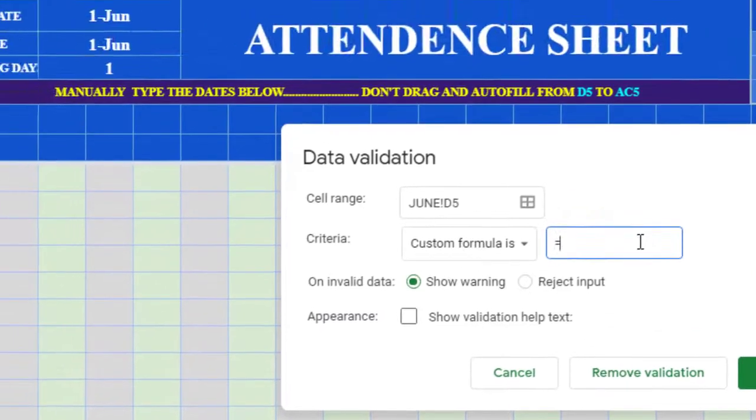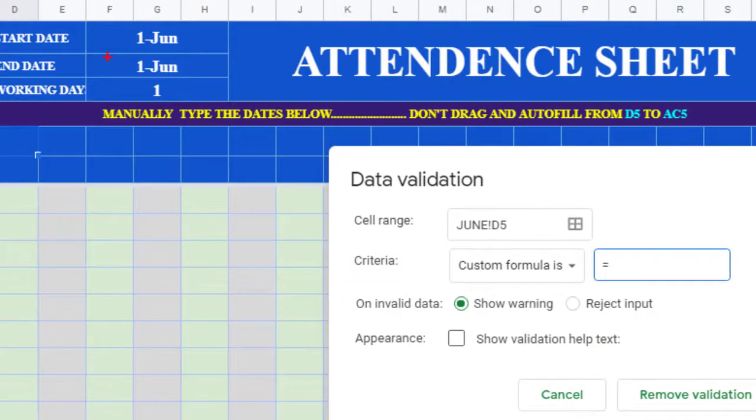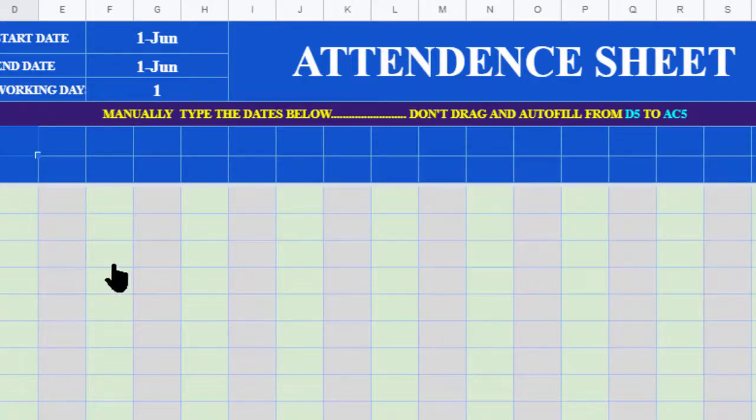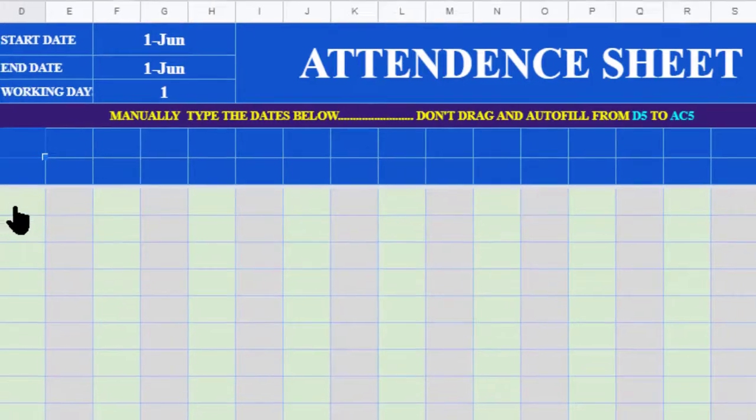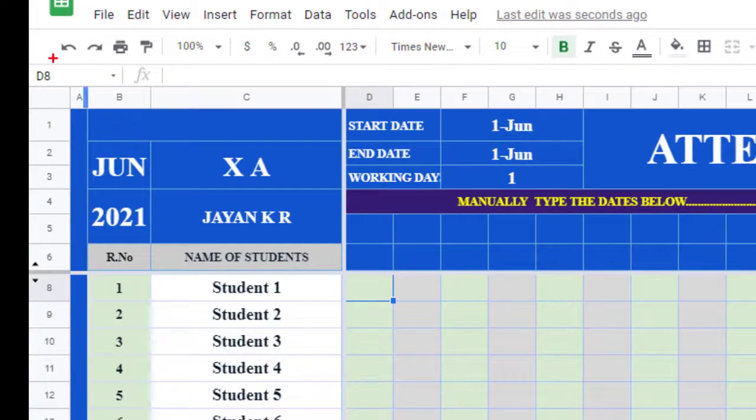You know this cell is the total working day cell. So what is its cell reference number? Each cell has its own number. For example, if I am selecting this one, you can see the cell number is D8. If I am selecting this one, the cell number you can see here is G12. Like this, each cell has its own reference number.